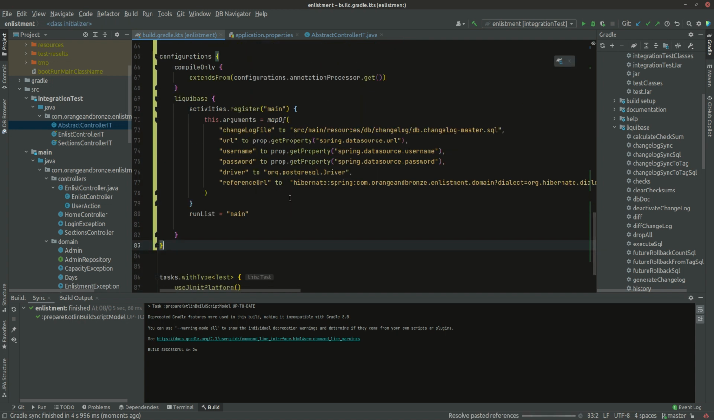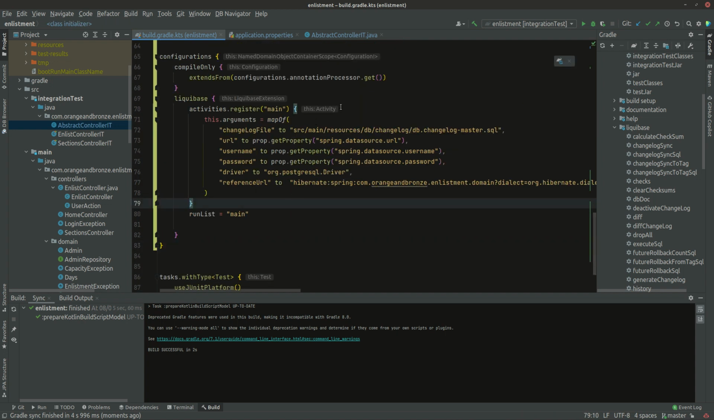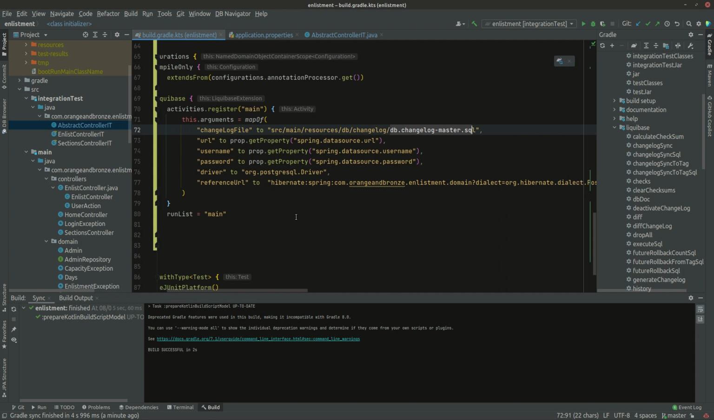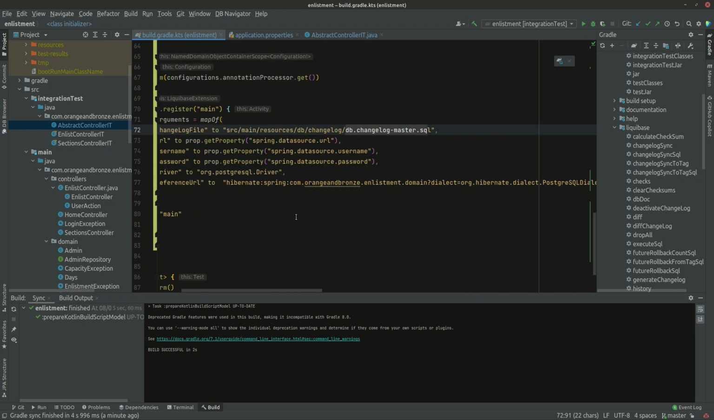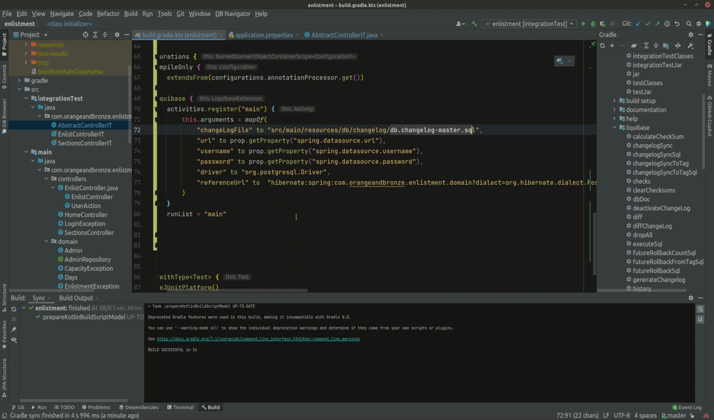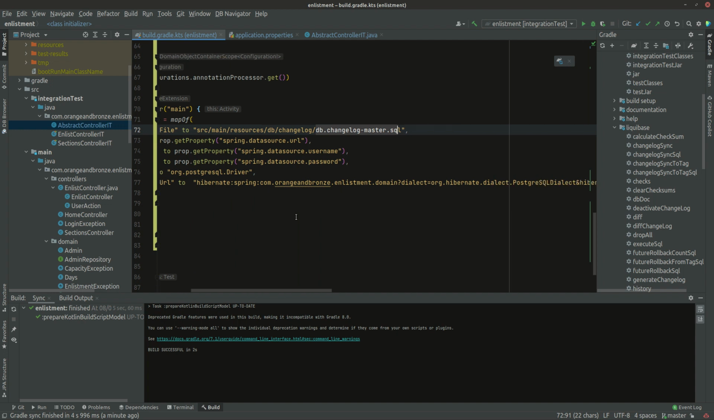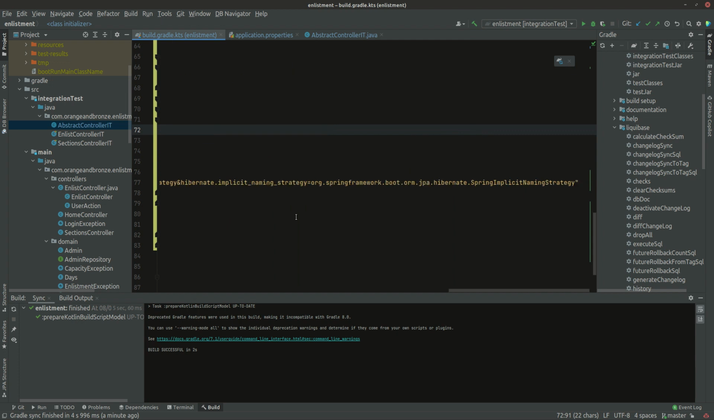Okay, so here's the configurations for Liquibase. All right, so we're going to say this is going to be the location of the changelog file, and then the rest, the stuff we define in application.properties, the URL of the database, username and password, our driver, and then here is our